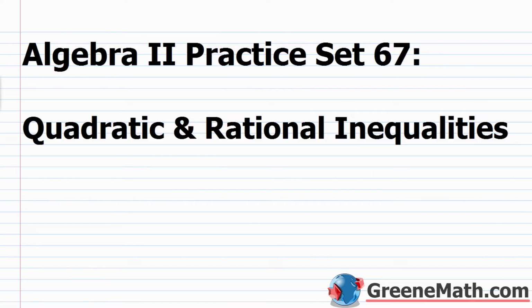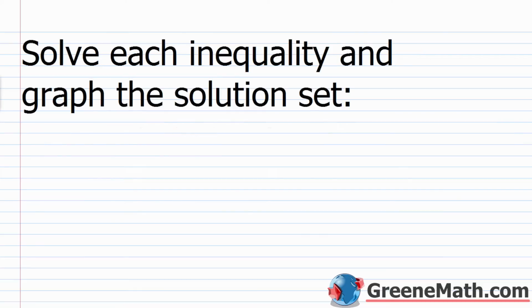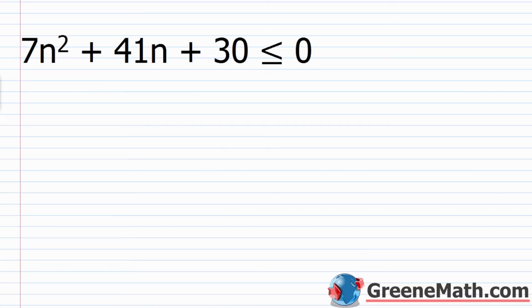In this video, we're going to look at some additional practice problems for our lesson on quadratic and rational inequalities. All right, so we want to solve each inequality and graph the solution set. So we're going to take a look at 7n squared plus 41n plus 30 is less than or equal to 0. So the first thing we want to do here is just change this into an equals, and we want